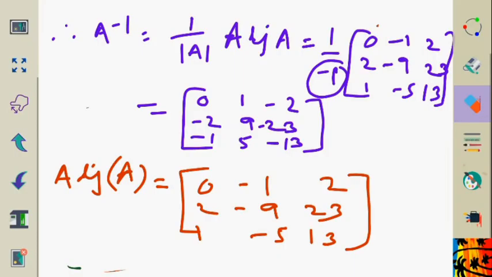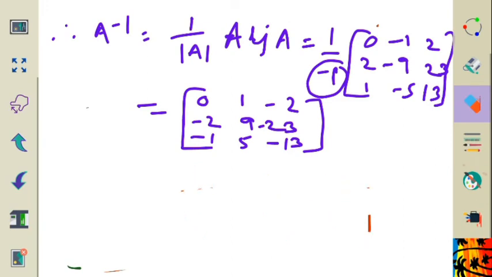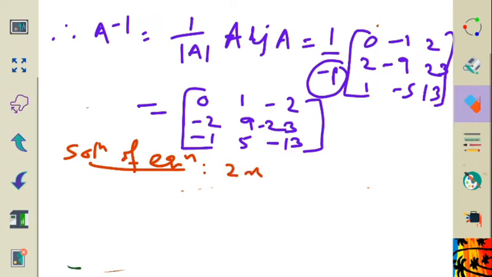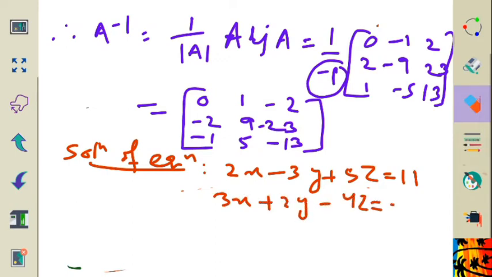Now let us see. After finding A inverse, my next target is to find the solution of that system of equations, right? First of all, write the equations. This is 2x minus 3y plus 5z equal to 11, and here 3x plus 2y minus 4z is equal to minus 5, and at last this is x plus y minus 2z, it is equal to minus